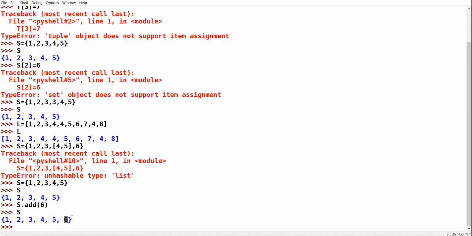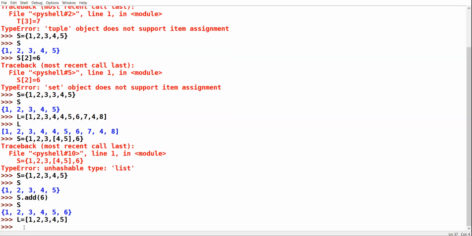If you want to add an element in the list, suppose you want to add an element in the list, L dot append. Here you will use the function append.